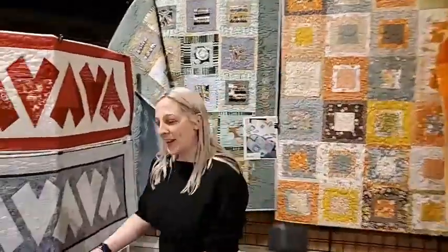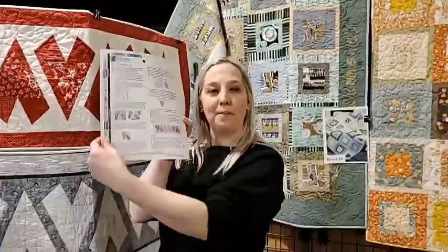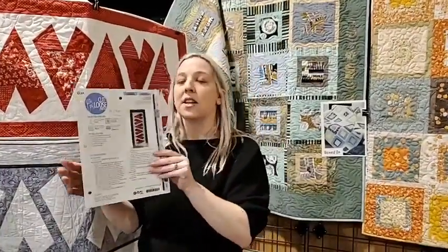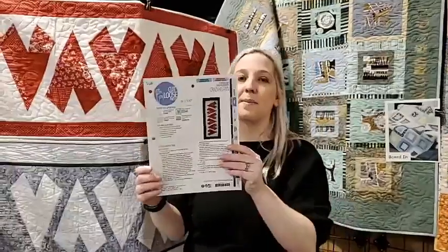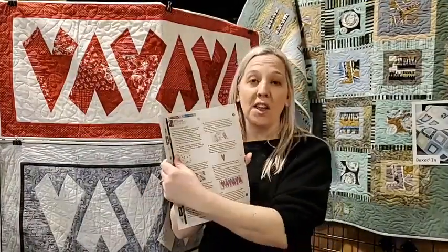Okay, so we have cut loose press patterns, and these patterns are the single page patterns, and this one's called Crazy Hearts. Now, something about the cut loose press patterns is they're very affordable, and you get all the info